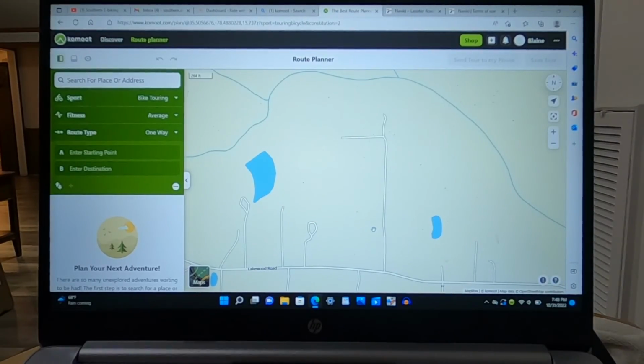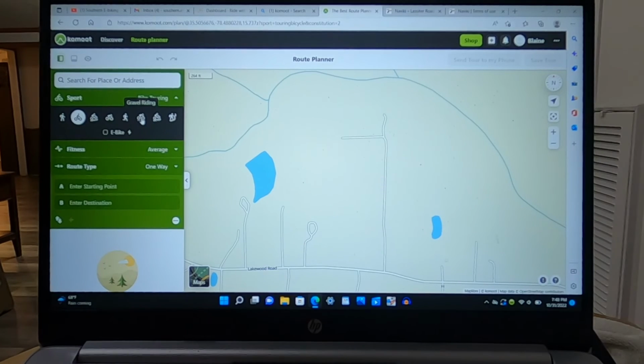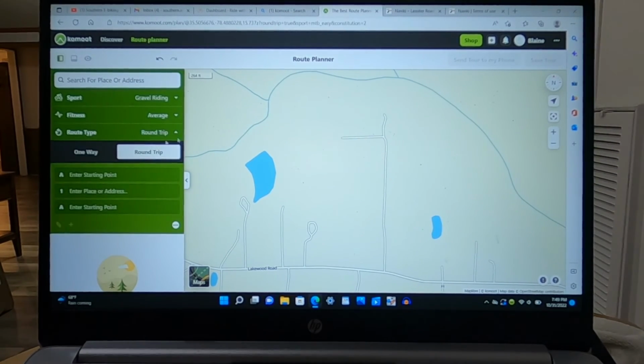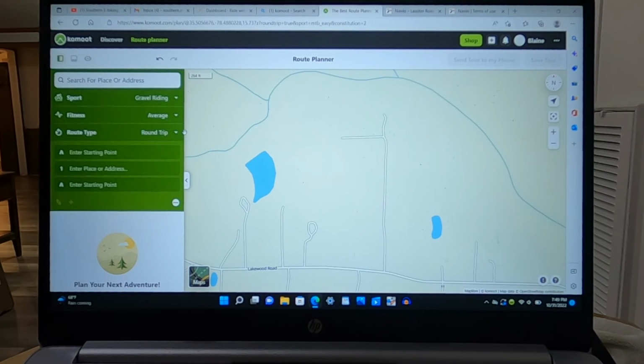This is a navigating app, and I've already signed into it. I've done a little bit of playing around with it here. And so what we're going to do is we're going to design a route. We're just going to design a test route. If we come over here on to the left, we can pick out what type of bike we're going to use. We'll do gravel riding on this one right here. Average fitness. We're going to make this a round trip,